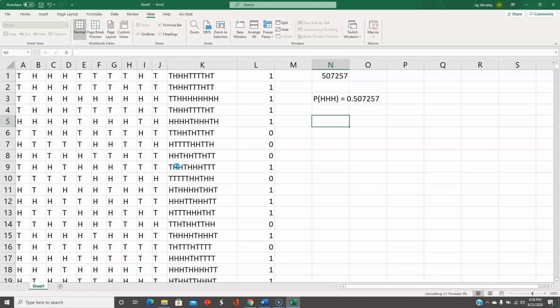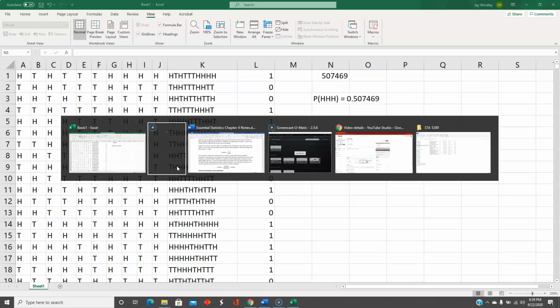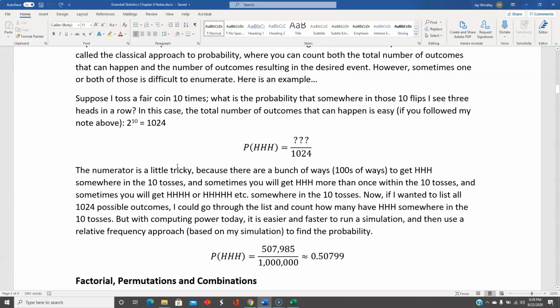0.507, 0.508, somewhere in that ballpark, I'm pretty sure is the probability. So the point is that computers are very fast now, and a lot of probability calculations are done using a simulation. Because I just did that simulation way faster than I could list all 1,024 things that can happen. But I'm pretty darn certain that the probability of heads, heads, heads is about 0.508. So that was just to illustrate the difference between figuring out probability via the classic approach as opposed to figuring out probability via